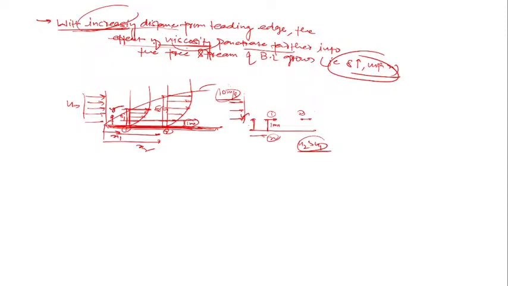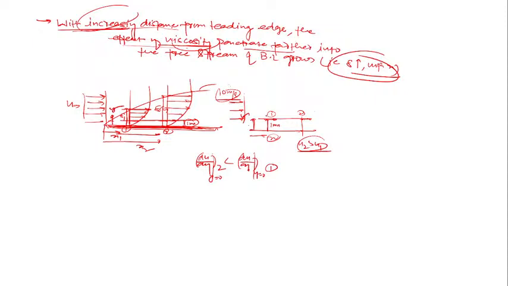So at which point will the gradient be higher? At point 1 or point 2? If you are talking about the velocity gradient, which point will be higher? Because if you see, my dear student, at y equal to 0 the velocity is less, then obviously for the same distance, du upon dy is the gradient. So y is the same, du is less at the second point as compared to the first point. Yes or no? So can you say that du upon dy at the second point is less than du upon dy at the first point, at the wall, at y equal to 0? Tell me.